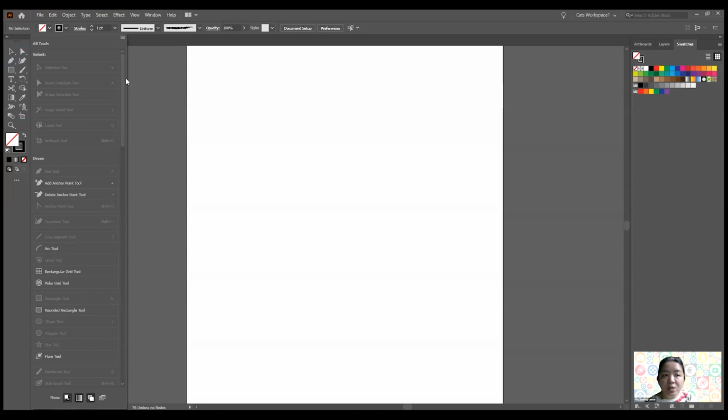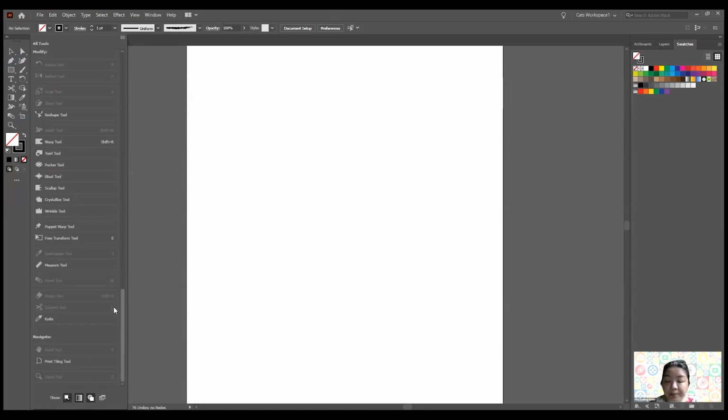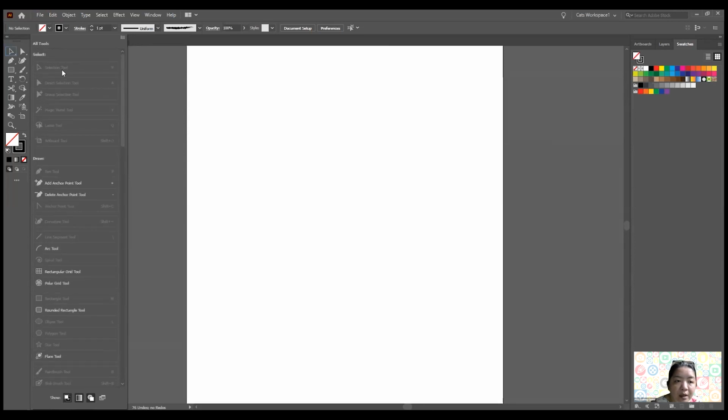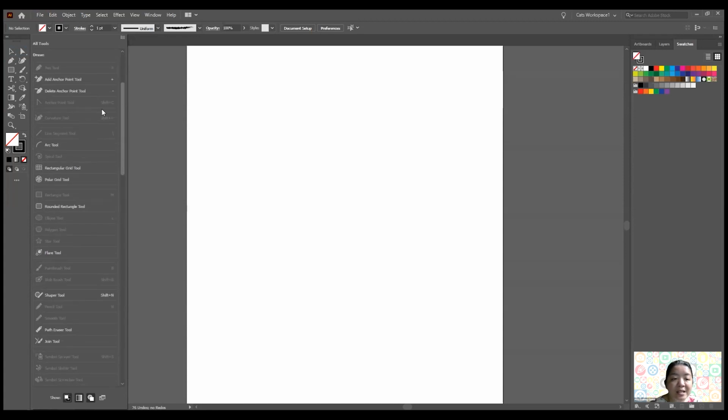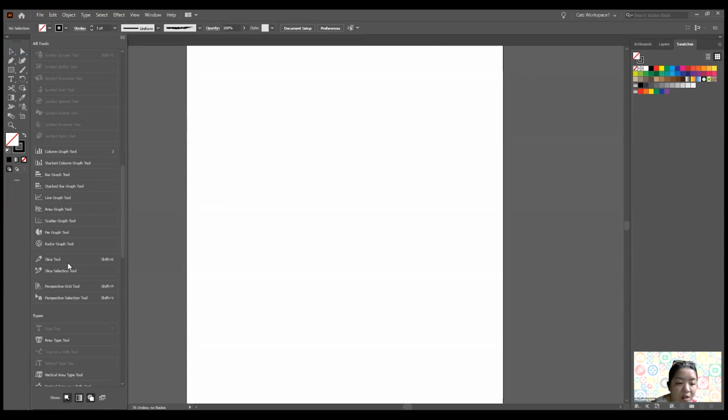And this will have the list of all the tools available for you. Now the grayed out ones mean that they are appearing in our toolbar. They're already displayed in the toolbar. Whereas the ones that look like this means that they are not added to the toolbar yet. If you want to add something there, then you will have to